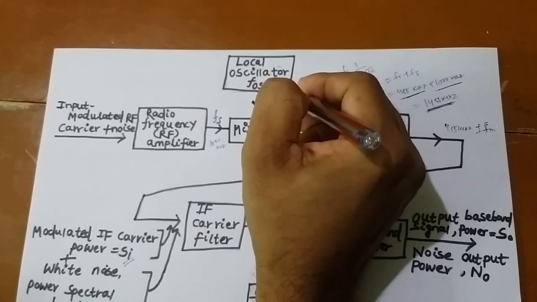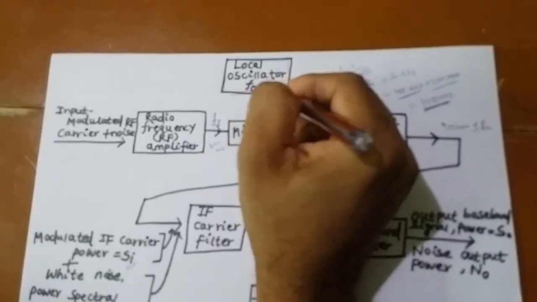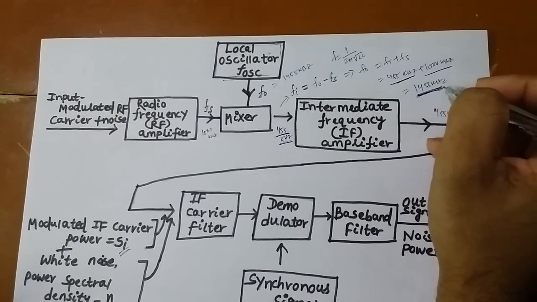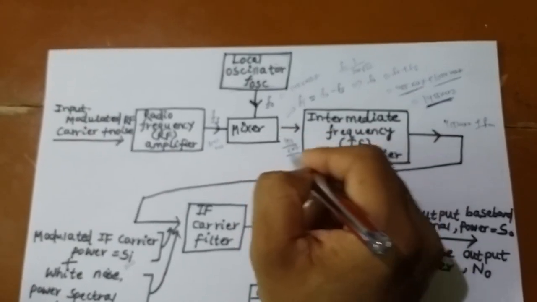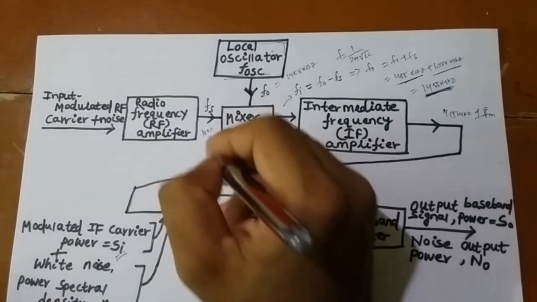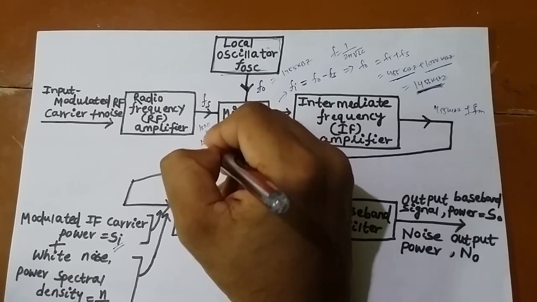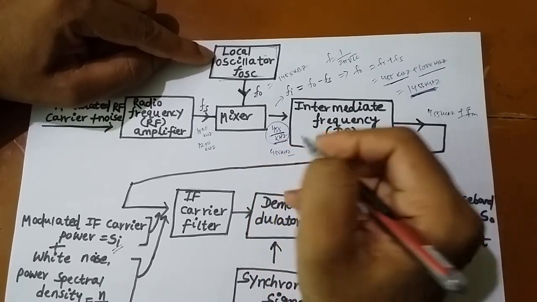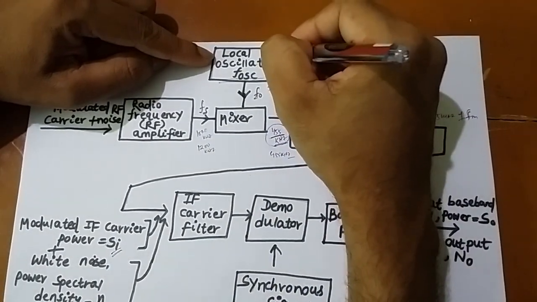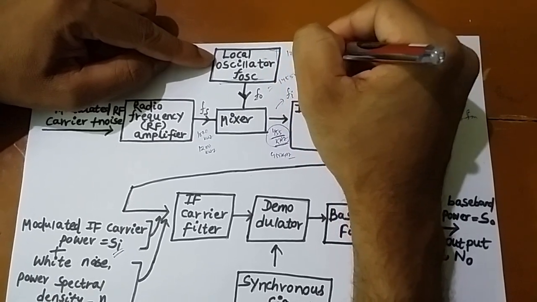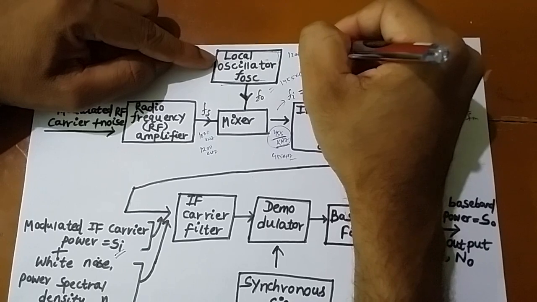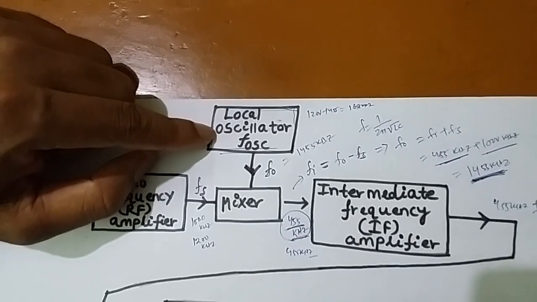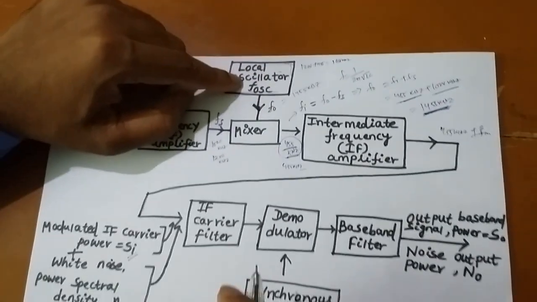So here we have a tuning circuit. I can tune the capacitor and inductance value so that the net intermediate frequency is 455 kHz. Suppose a signal is coming at 1200 kHz. So what should I generate here to get this 455 kHz? I should generate 1200 plus 455, that is 1655 kHz.